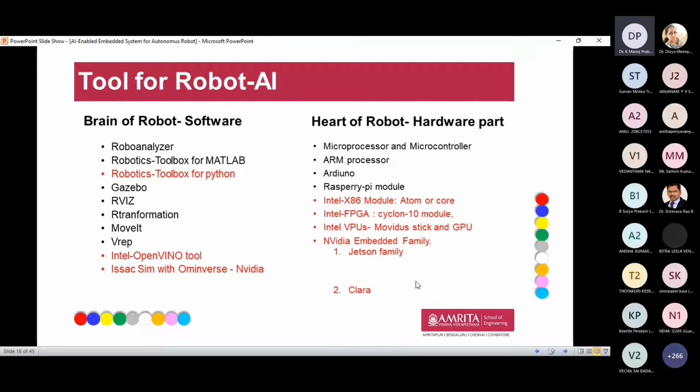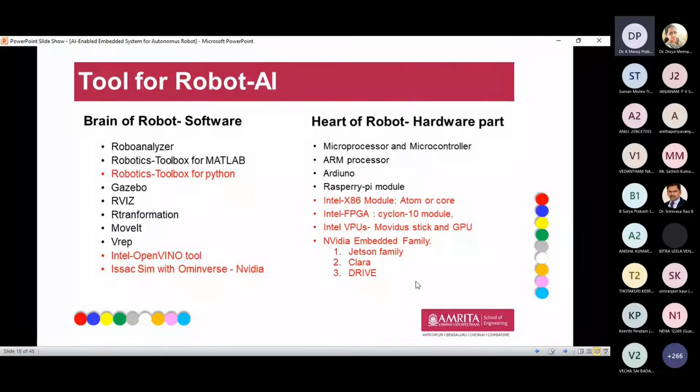Whenever we go to real-time implementations, we have to choose the correct embedded part. Previously, any type of robot could be designed using a microprocessor, microcontroller, or different types of ARM processors like STM32 models, Arduino board, or Raspberry Pi models. These are the hardware parts, the embedded models, really helpful for designing the robot, and they can only perform small actions of the robot, for example, the predefined tracking path of your robot. The best examples for this hardware part are the Arduino board and Raspberry Pi.